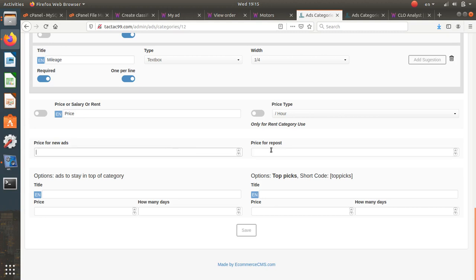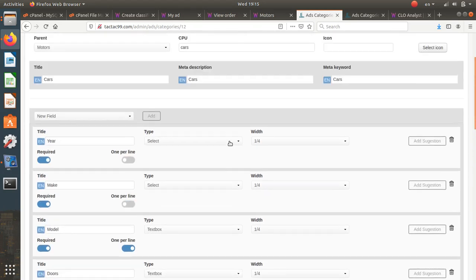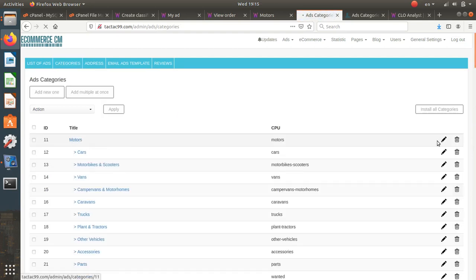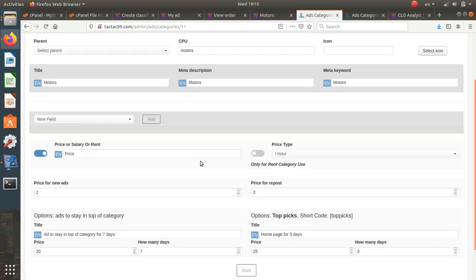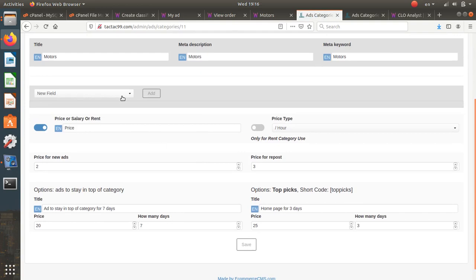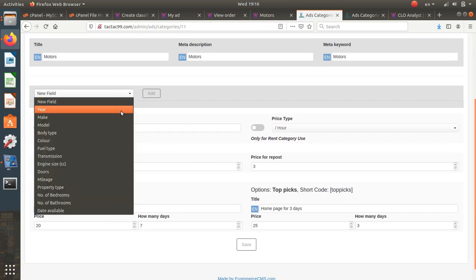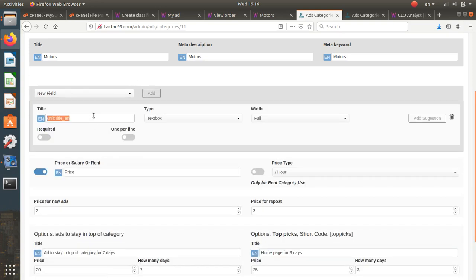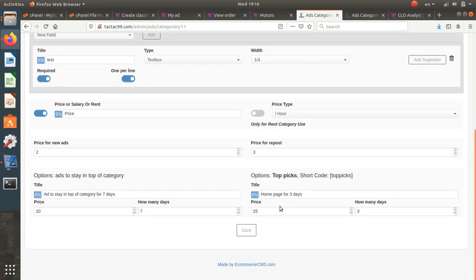Set these two fields only for this category, not for the main, because if you set it for the main, it will go only for the main. For example, go back to the main category, to motors, and we have one field or five fields that are repeated in all categories. So like new fields, like tested, like a test text box, full, let's say one, required, one per line,